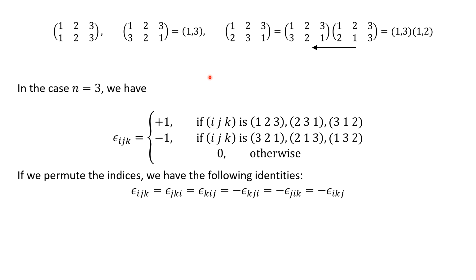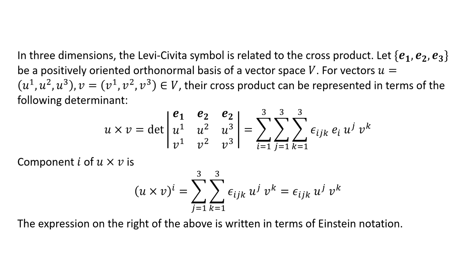All right, let's continue. There's a relationship to the cross product, and I'll talk about that on the next slide. In 3 dimensions, the Levi-Civita symbol is related to the cross product. Let E1, E2, E3 be a positively oriented orthonormal basis for a vector space, and then let U and V be elements of V. And we want to represent their cross product. This much is even independent of Levi-Civita. It's the determinant of you putting the 3 vectors on the top, and then these are just scalars that we put in the